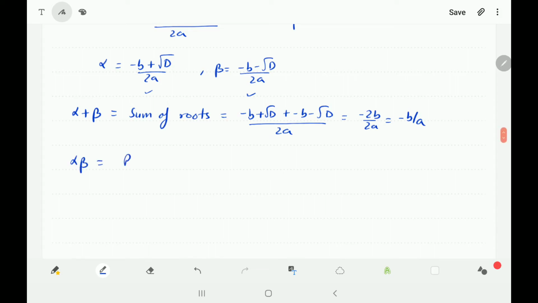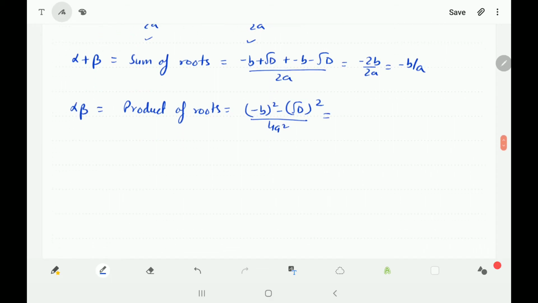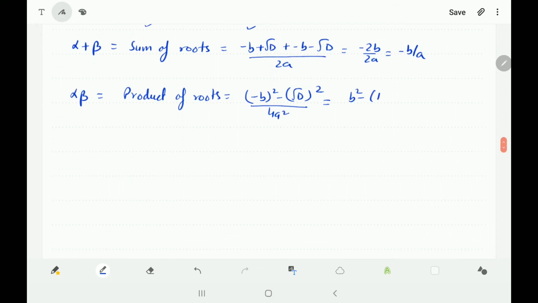Alpha beta is equal to the product of roots. In this, what we will do is multiply these two terms. So I will get minus b whole square minus root d whole square by 4a square. So this will become b square minus 4ac by 4a square. B square will cancel out. 4ac upon 4a square is c by a. So we got one more important term: the sum of roots is minus b by a and the product of roots